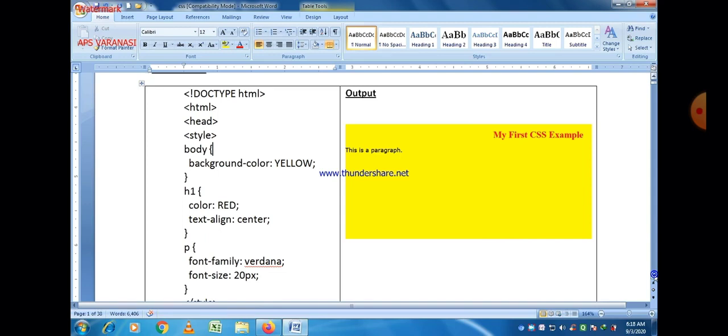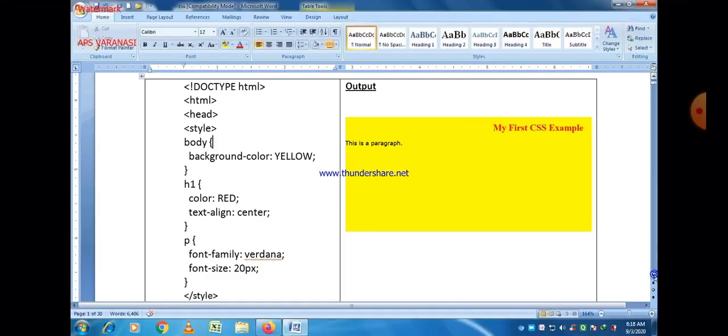One thing should be remembered: we apply different styles on different tags, and you must remember the attribute name, and you must have a clear idea about the values of that attribute name. So in CSS we learn about the attribute name, and we also know what type of value can be given for that particular attribute. Always remember that attribute and value must be separated by a colon sign, and after that a semicolon sign must be there, and these are written within curly brackets.